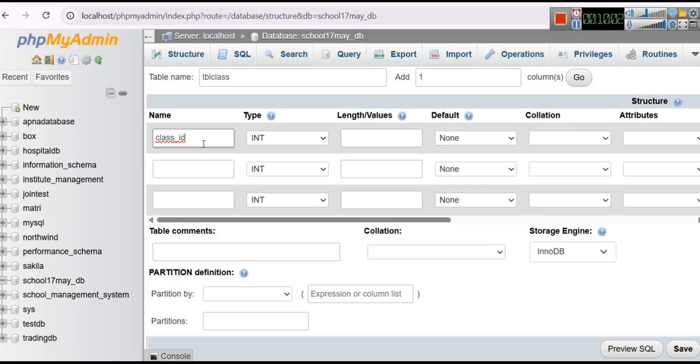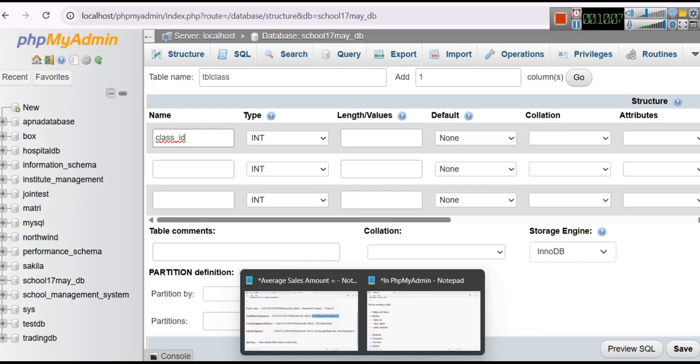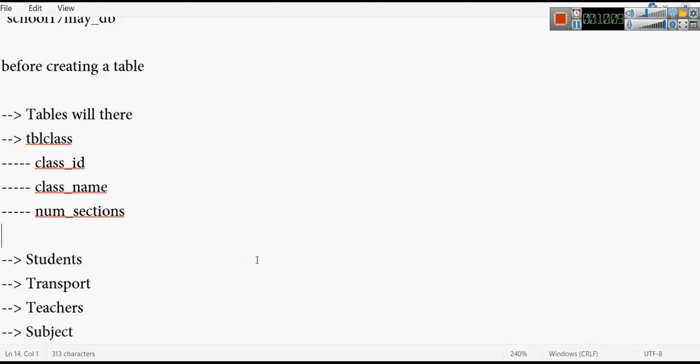Let's say there are 50 classes in a school. So the first class can have ID of 1 and the last class can have ID of 50,